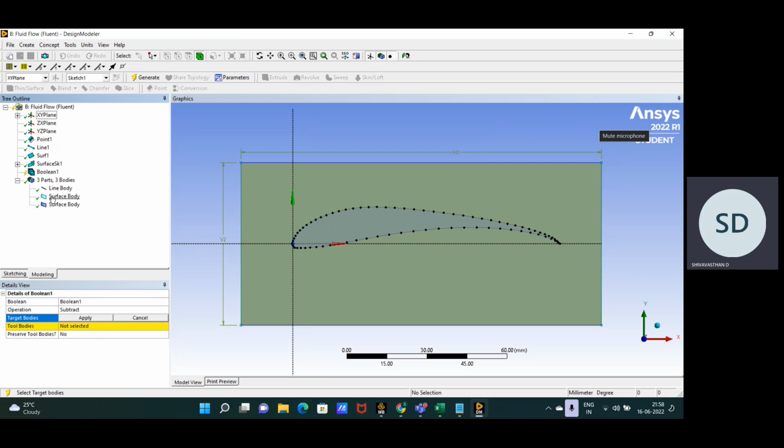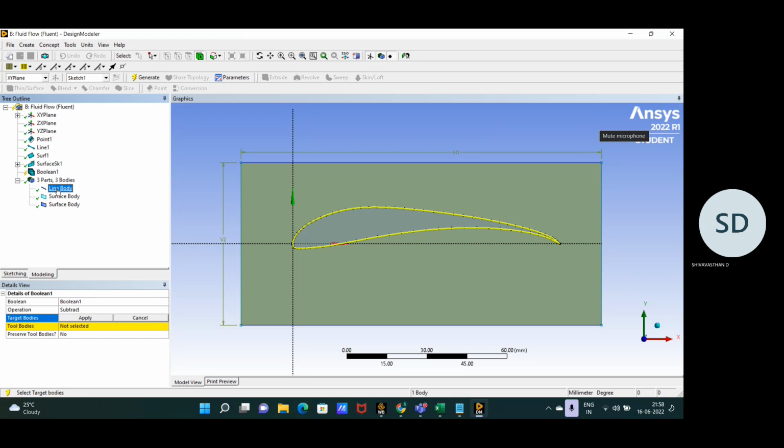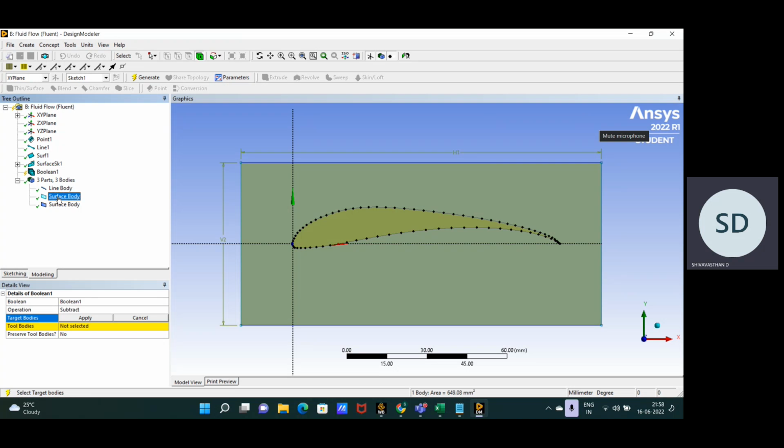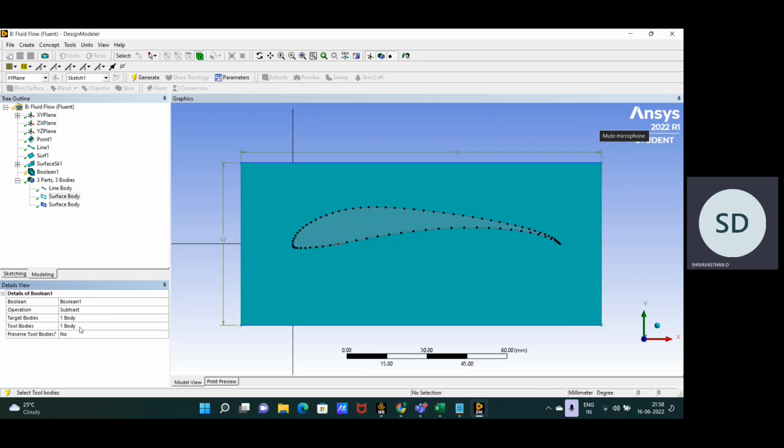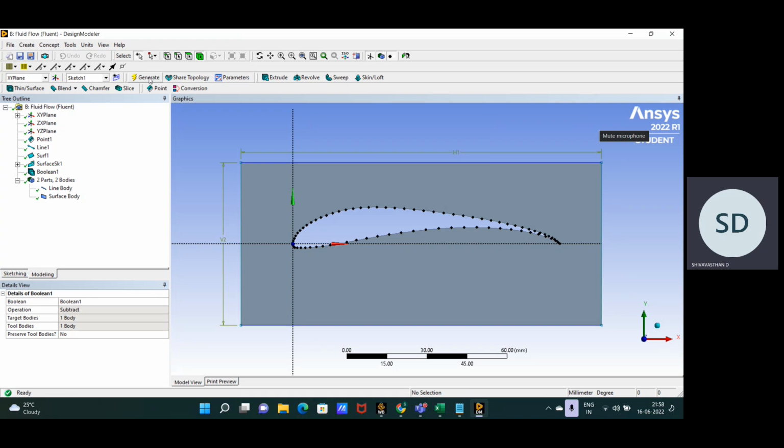First, select the surface body, the whole surface body you select, and then apply. And then select the tool body, that is line body plus surface body. Apply. Then generate. Yeah, as you can see, the airfoil material has been removed,